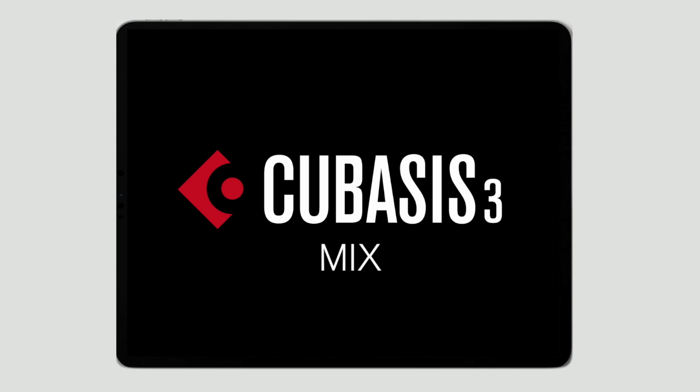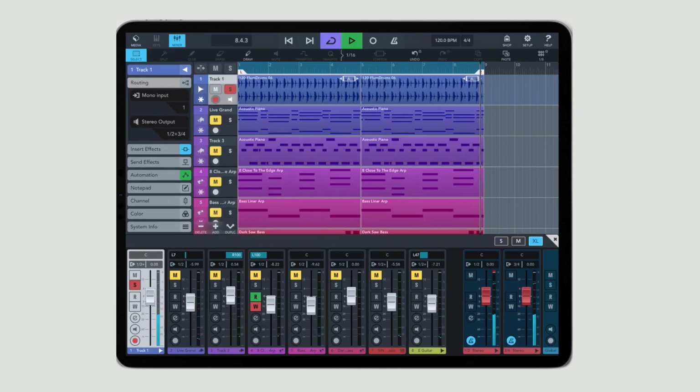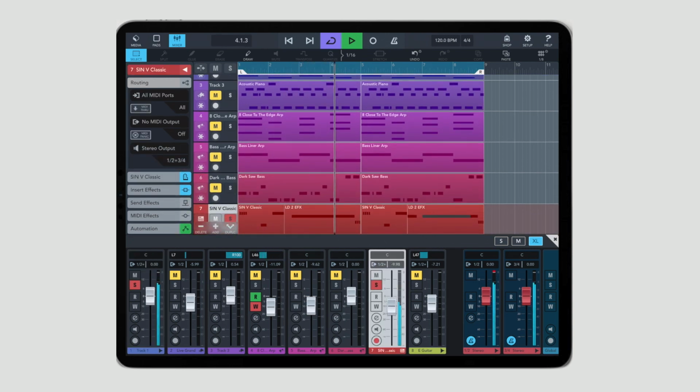Hello there. In this video, we're going to take a look at some of the incredible mixing features inside Cubasis 3. Of course, mixing is always about getting your levels right. But to help you get your levels right over a number of different tracks, Cubasis 3 has a group track